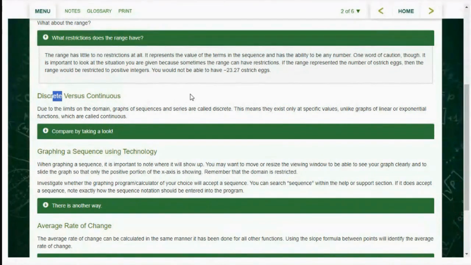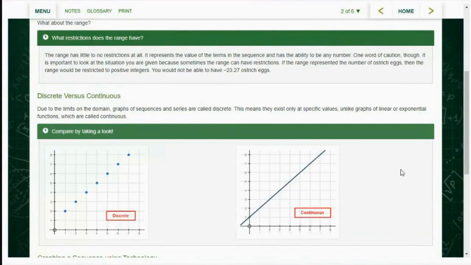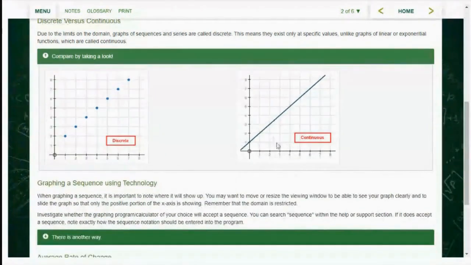If our sequence is 2, 4, 6, 8, 10, it's not continuous. It doesn't include 2.1 and 3 and 3.5 and 3.75. It only includes 2 and then jumps to 4 and then jumps to 6. That's called discrete. Let's take a look at the graphs of discrete versus continuous. With continuous, we would make a line and connect all of our points because we have a value at 2.5. It exists everywhere on the graph. But on a discrete graph, we'd only do the points,